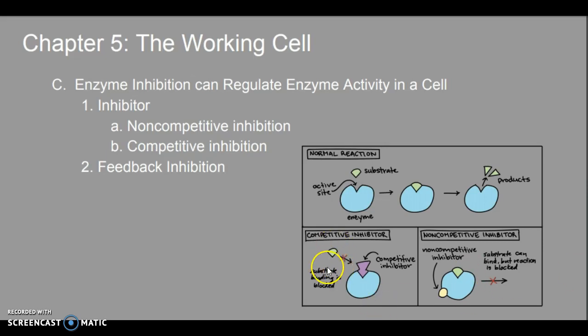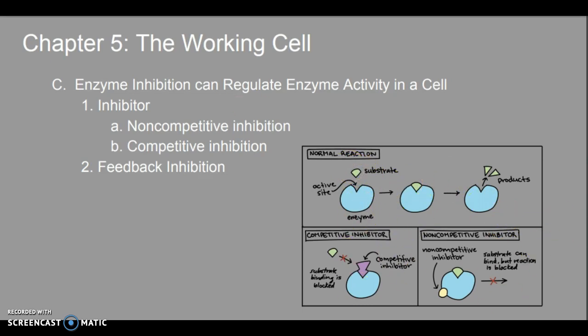So here we see that the substrate can no longer bind to the enzyme because this competitive inhibitor has bound to it. The desired product cannot be made because the substrate is not present. Even though the competitive inhibitor has the same shape as the substrate, it does not have the same function. Because structure denotes function, we're still not going to be able to see that product come about. Now, in a normal reaction, the substrate will just bind to the active site and the product will be made, but these make it harder for that to happen.